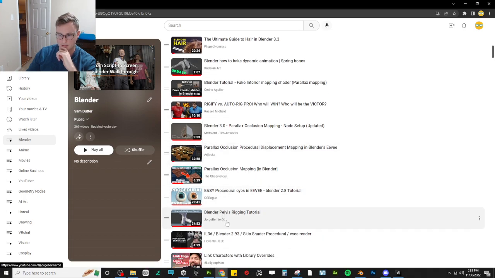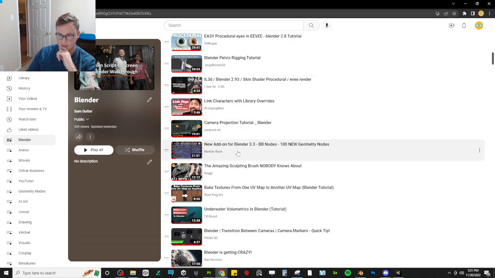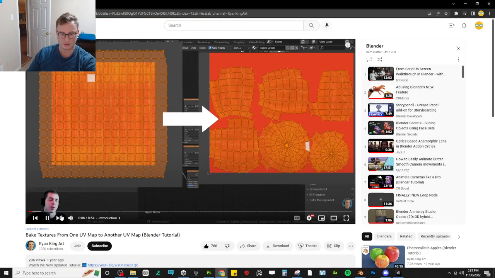Parallax... Big textures from one UV map to another. UV map. So why might you want to do this? Well,